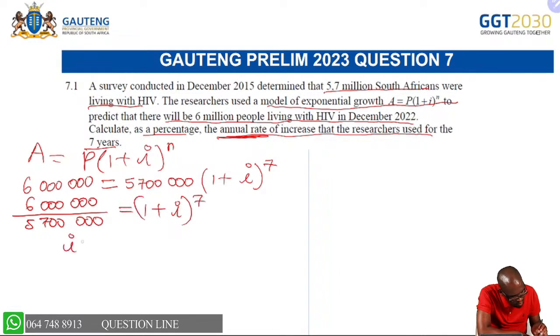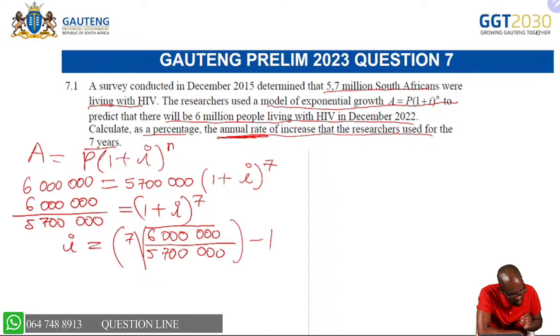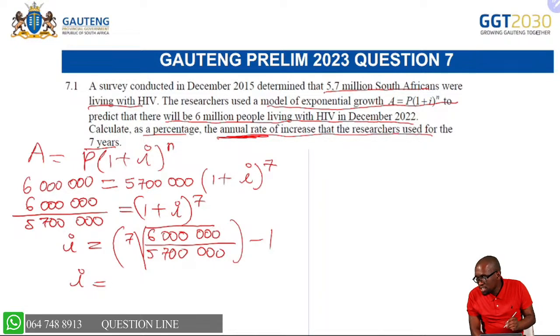So if we want our i in this case, we are going to be taking the 7th root of 6 million over 5.7 million. That would be our 7th root thereof. And from here, we can obviously subtract 1. So if we put that in the calculator, the fractional interest rate would be